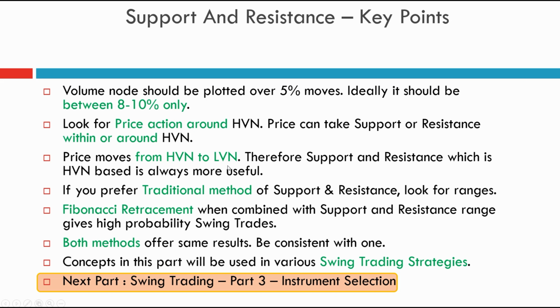I do understand that this is a slightly complicated subject, and in case you're not comfortable, or till the point you want to be comfortable with this method, try to use the traditional method and Fibonacci retracement indicator together to identify support and resistance levels. This particular subject was just a basic introduction, because once we move to the swing trading strategies section, I'll be covering both this traditional method and this high volume node method in great detail. And that is when we'll be identifying proper entry, exit and stop loss.